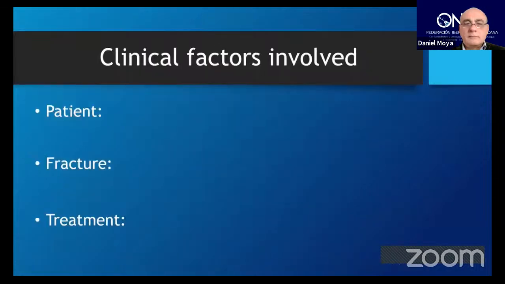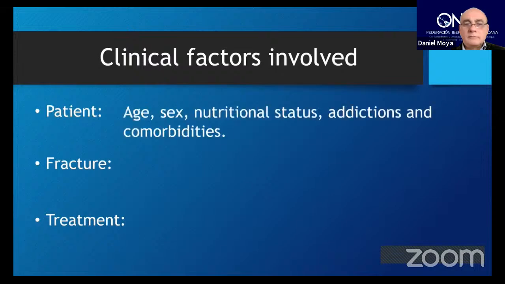There are several factors that can alter the process. If we begin considering the patient, there are factors related to age and sex. For instance, it is more common to have patients with non-unions in men, probably due to being exposed to higher energy trauma. Also nutritional status, addictions, for instance, starting with smoking, and comorbidities, either directly or due to medication with